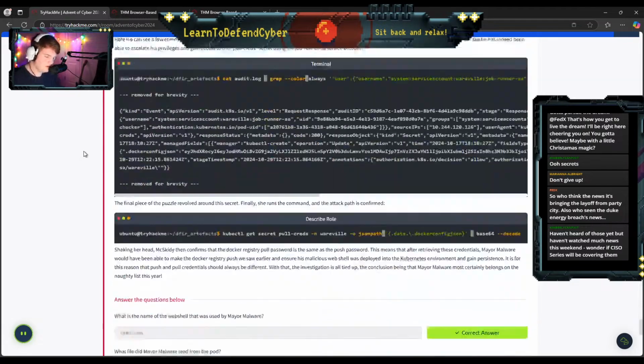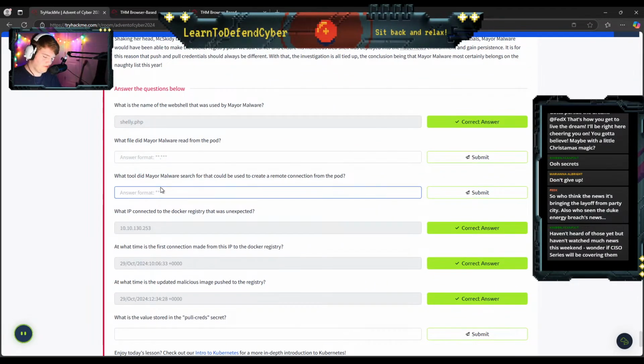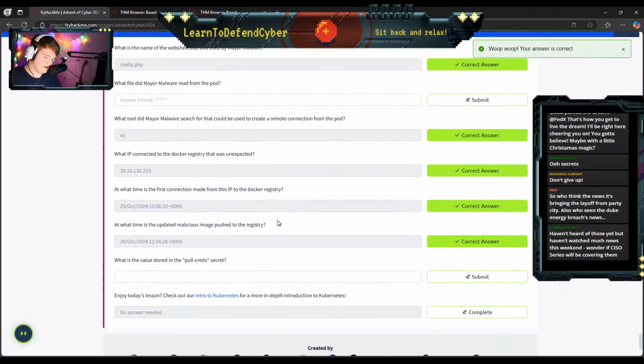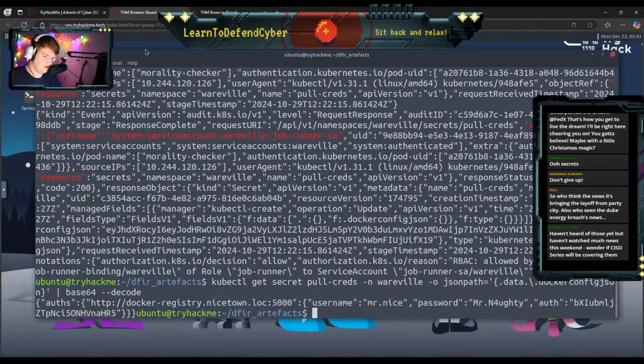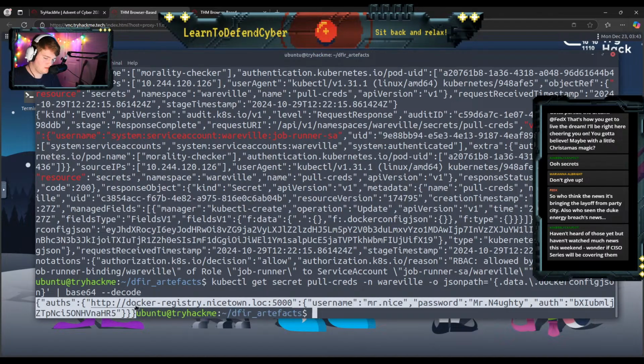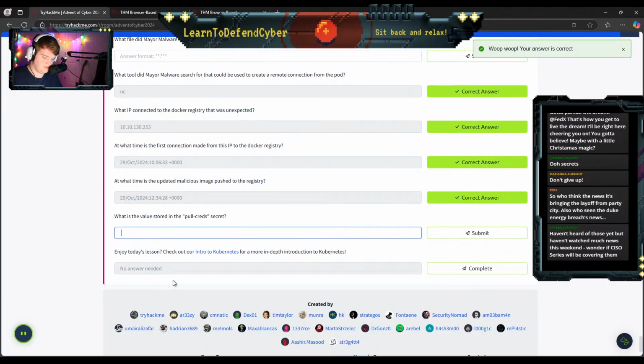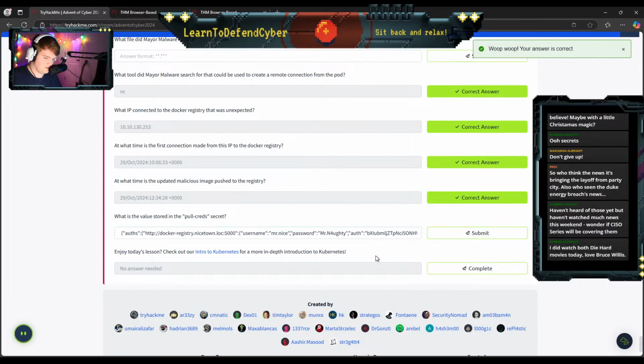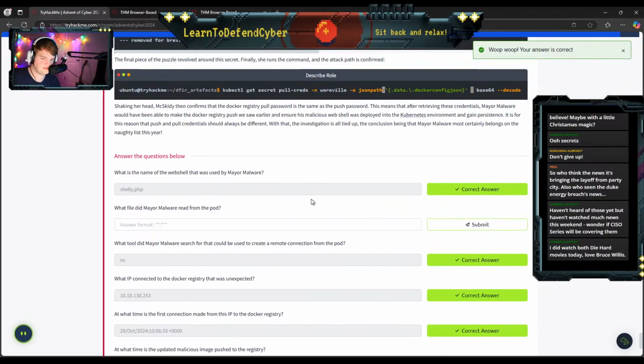That's fine. I know he used netcat because we saw that command earlier for that shell, and we can copy that value from our secret. Go ahead and Control-Shift-C, paste that in there. All right. What file did Mayor Malware read from the pod?